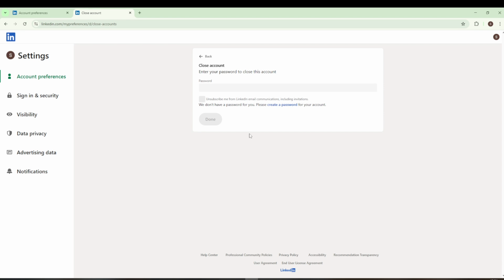Enter your password thoughtfully and accurately. Once that's done, make sure to check the confirmation box that appears, which essentially verifies that you're aware of the consequences and want to proceed with closing your account for good. Finally, click Done, and just like that, your LinkedIn account will be deleted. It's as simple as that, but it's also a significant action, so take a moment to consider if this is